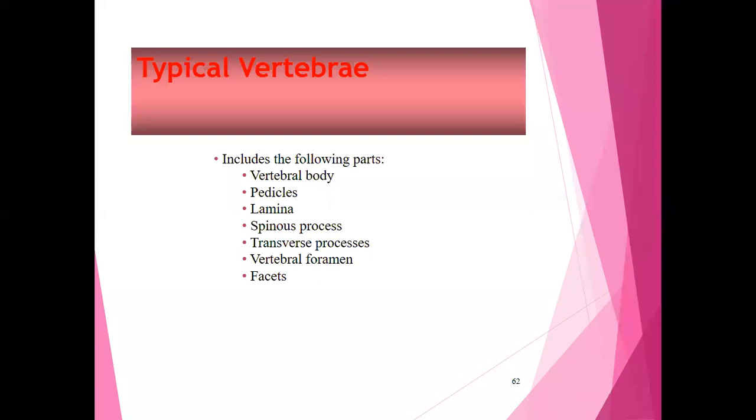Later on, what happens? They condense from both sides. So ventrally, they cover the notochord. Dorsally, it covers the neural tube. The ventrally lying portion of the sclerotome will form the body and the transverse process, while that which lies on the posterior aspect, the condensation of these will form the vertebral arch.